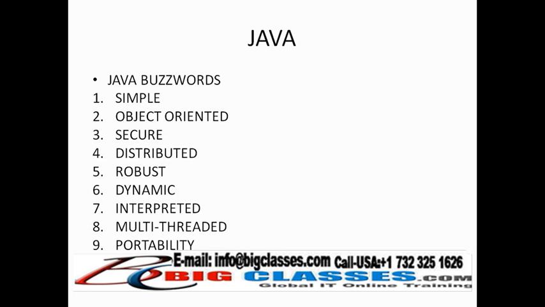Secondly, it is object-oriented, that we were talking about till now. Thirdly, it is very much secure compared to other programming languages. We're going to talk about this in the next slide, but let's continue. Fourthly, it is distributed. In the procedural language that I was telling you, a particular procedure holds all the functionality. But in Java, that is not the case. It is completely distributed.